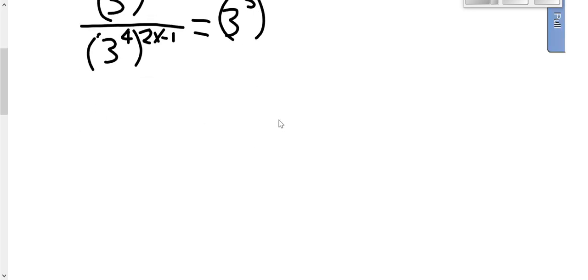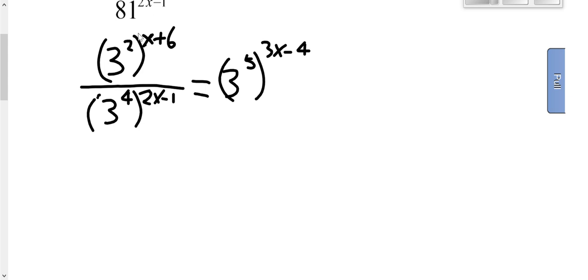Okay, and of course the next step is to work out the exponents, distribute that, distribute that, distribute that, or multiply them if you want to call it that way. So on the top here, 2 times x gives you 2x, and then plus 2 times 6 gives you 12, plus 12 raised to the power, sorry, I mean over, and then on the bottom you have 3 again,